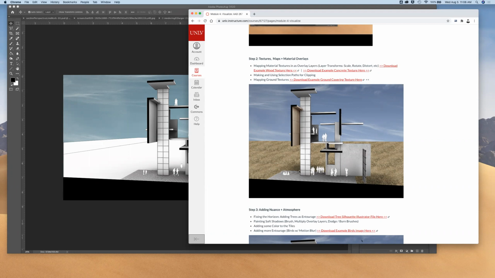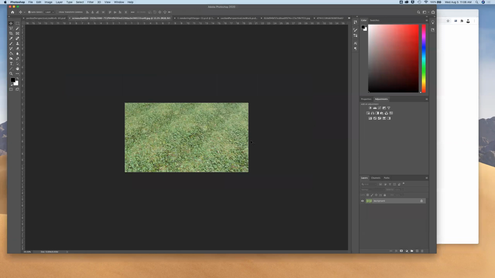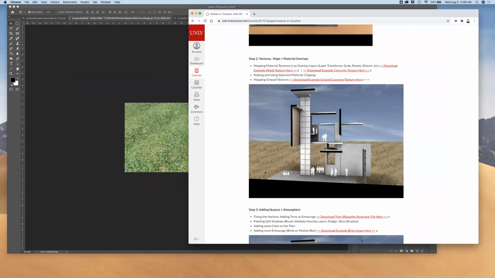And so what we're going to do is select the building and save that selection by making a selection path, and that way we can continue to use it for clipping things out as we need. We'll apply that here at the very end by mapping a ground texture. So I found just a sort of green fuzzy ground texture. It's right here, and so we'll begin to apply that, and it's just meant to be like a, it's not great, but